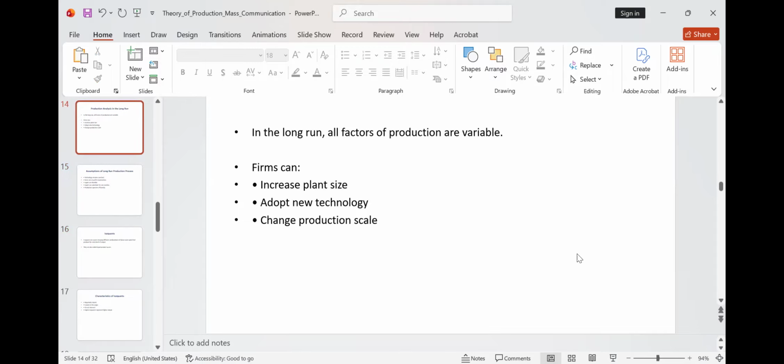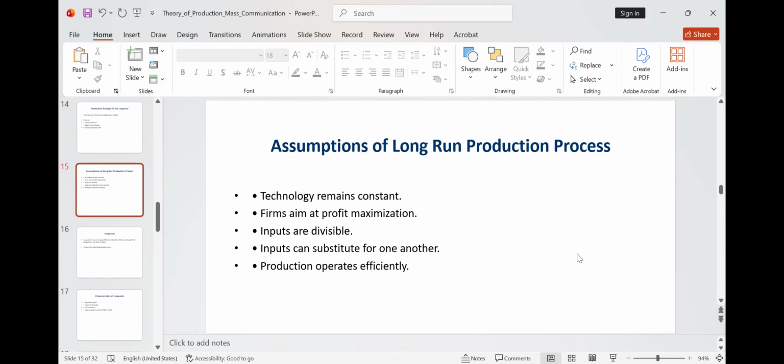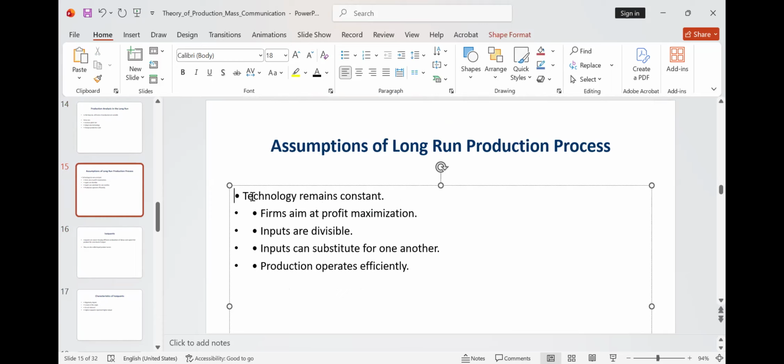All right. Now, let's move on to the assumptions of the long run production process. One of the assumptions is that technology remains constant. Number two, firms aim at profit maximization. Number three, inputs are divisible. Number four, inputs can be substituted for one another. And number five, production operates efficiently. What does this mean? We are saying that for you to